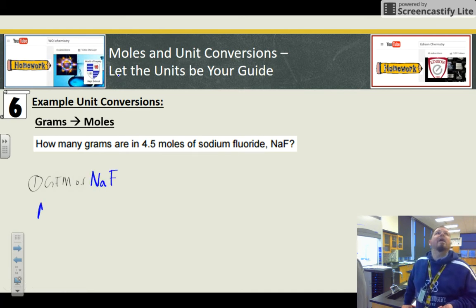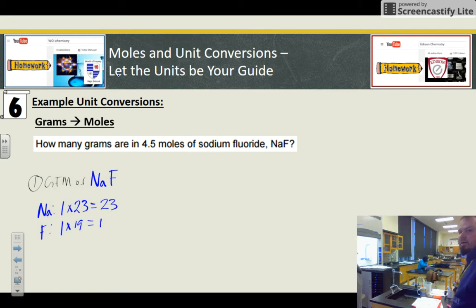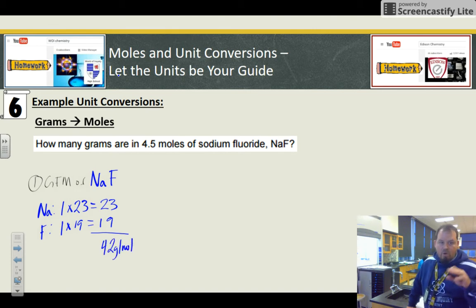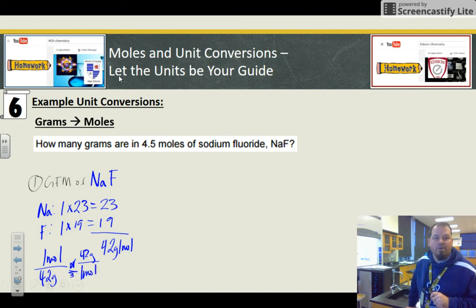So Na, I have one of them, and Na is 23. And we have one fluorine, and fluorine's what, 18 or 19? 19. Yep, 19. I'm looking on my reference table. 23 and 19, I can see 42 grams per mole. So that's 1 mole over 42 grams, or 42 grams over 1 mole. Both of those are equivalent statements, and we need to figure out which way to do it. Let's start with the 4.5 moles,